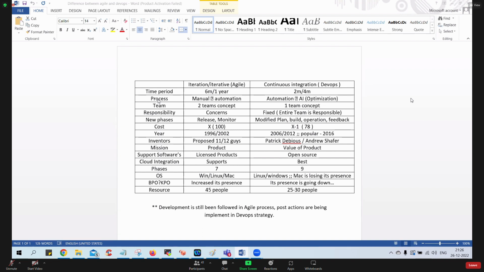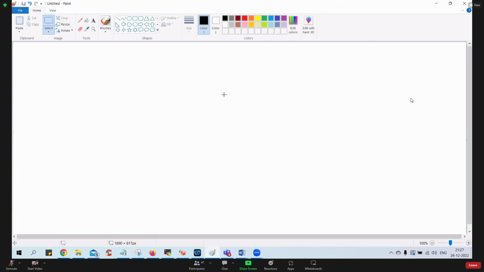till agile came. In agile, because of the iteration process, there has been a continuous stress on the team, because it goes from iteration to iteration. So this one point you need to understand very clearly. Okay, please make a note of how this conflict arose, why they shifted from the two teams concept to the one team. So let's see that point.